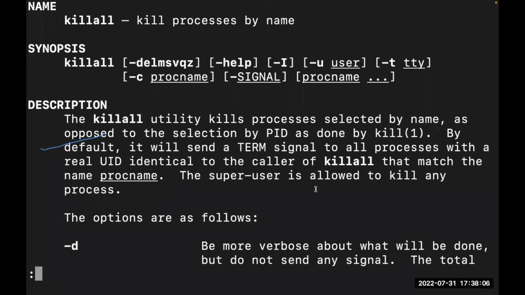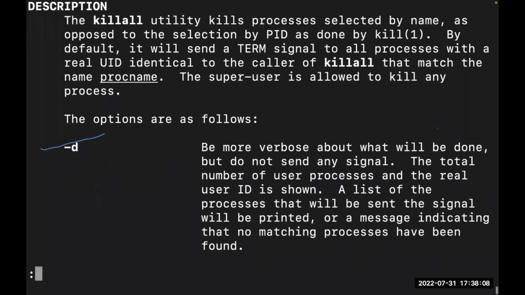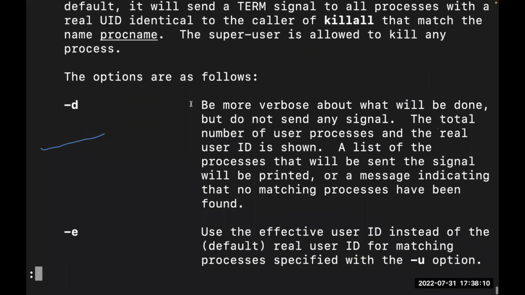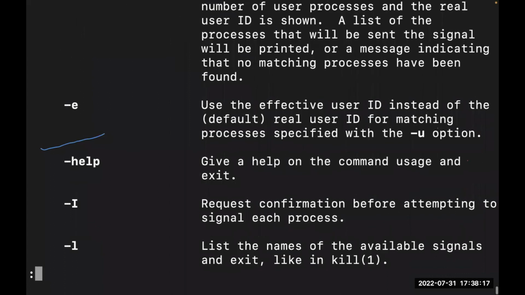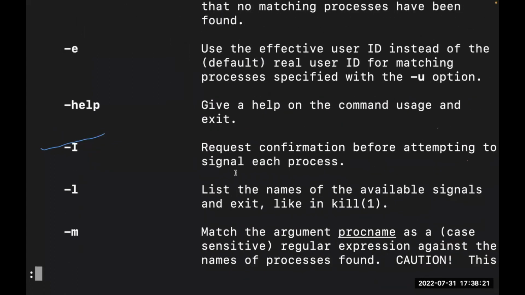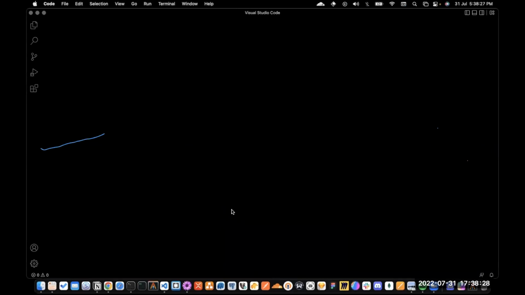Now my assumption is the process name for VS Code is expected to be code. Let's see, be more verbose about, okay, -d, -e. Okay, so -l lists all the names of the available signals.